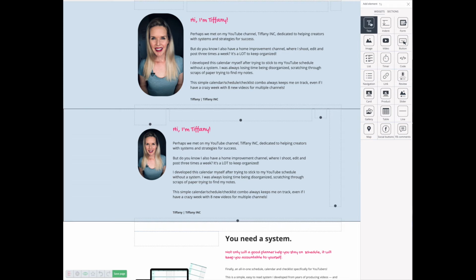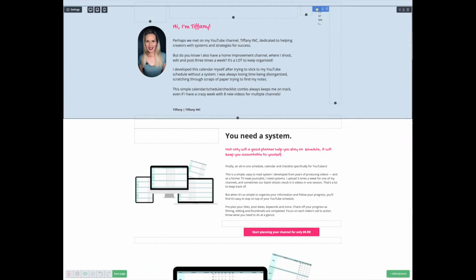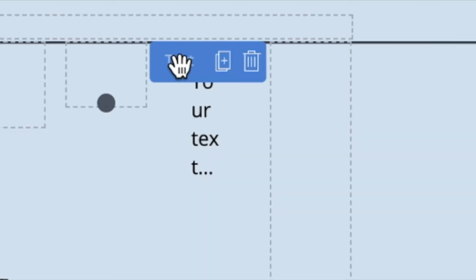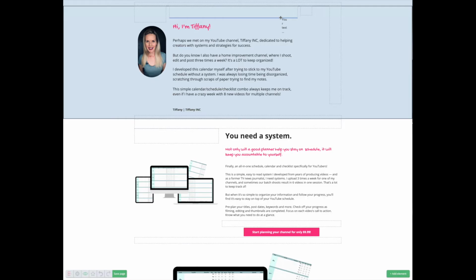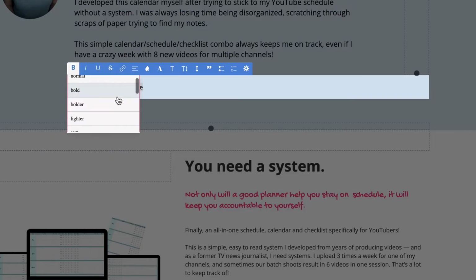Oh, I need a text box. You just drag and drop it. It showed up over here, but if I want to move it, and this took me a while to figure out because I didn't realize it was turning into a little hand here, I can move it. It's going to snap into place either above, below, or to the side of your other blocks. You've got to pay attention to that blue line. Here it looks weird, it's vertical. Let's move it again.